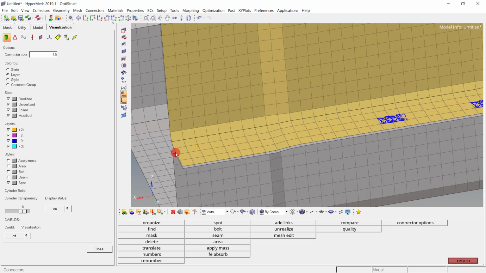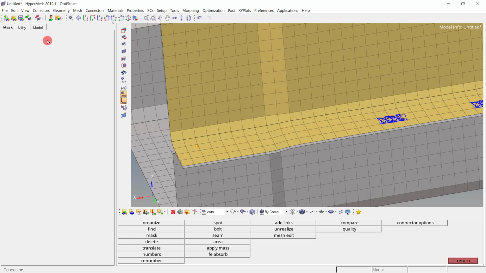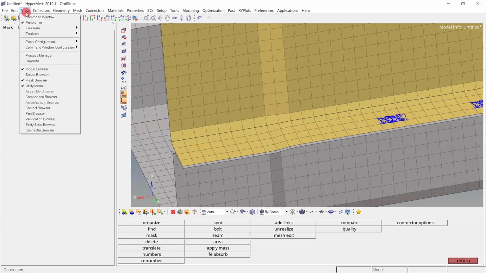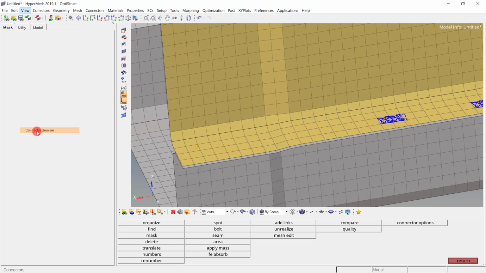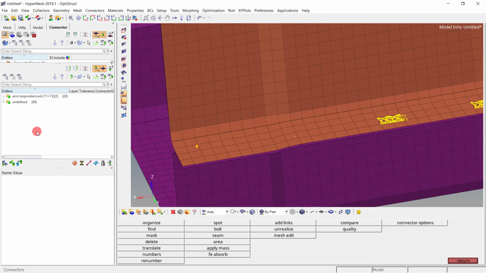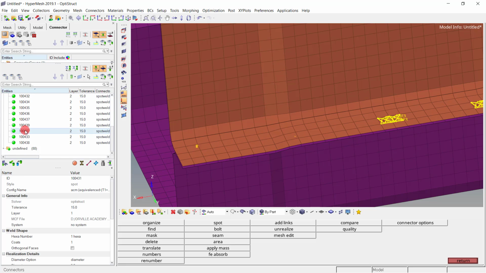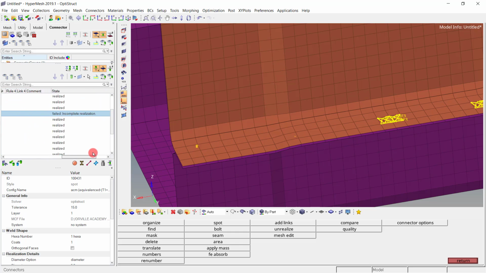To check the problem with this connector, first we will have to switch on the connector browser. Simply go for view and click on the connector browser. Once the connector browser gets opened, here you will find ACM equivalent. So these are the realized connectors. If I expand it, there are 2 connectors which have failed. Not only that, even if I scroll to the right side, here you will find failed incomplete realization.